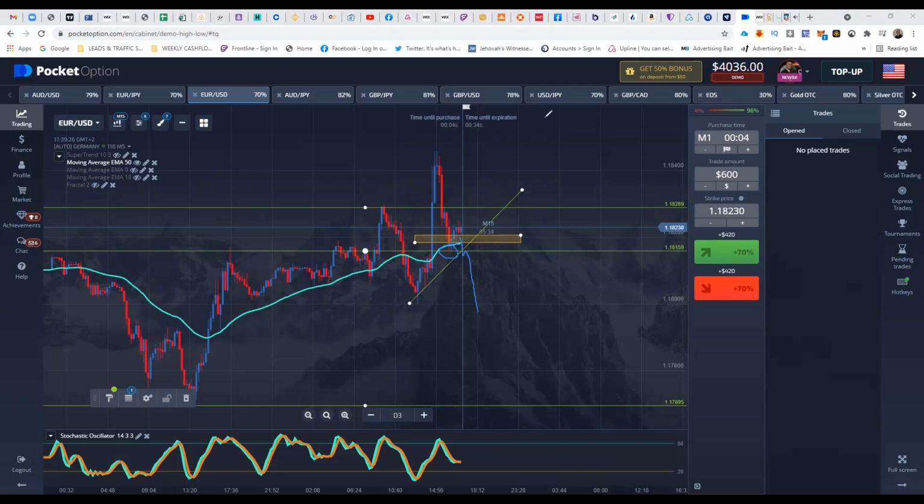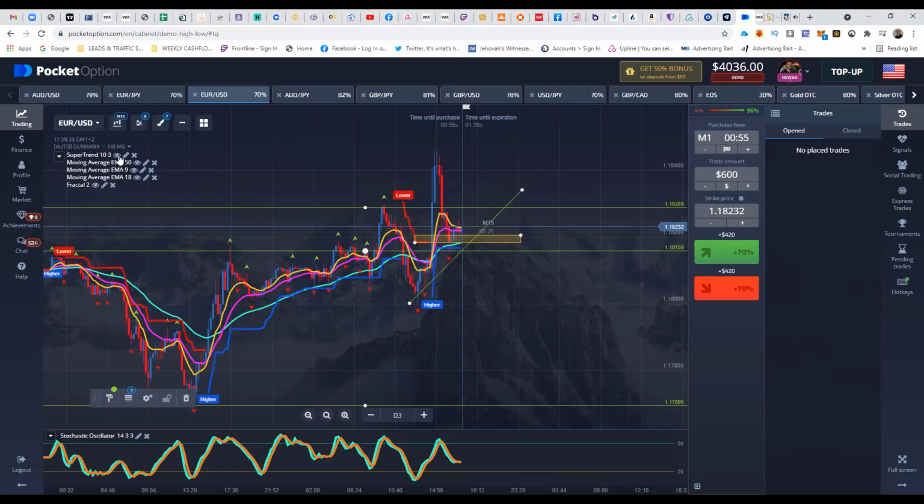At this point, the last thing I decide to do is turn on my indicators. So I'm going to turn on the fractal indicator, the moving averages, and the Supertrend. Now, as I can see here,